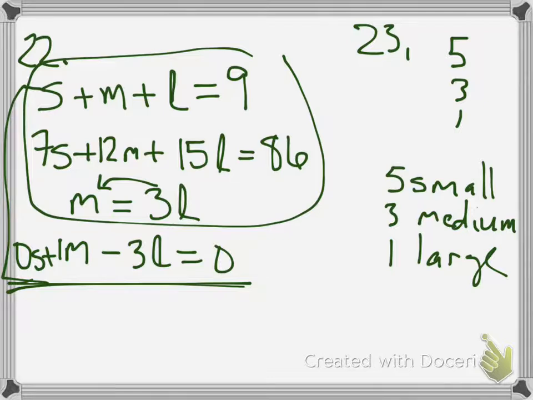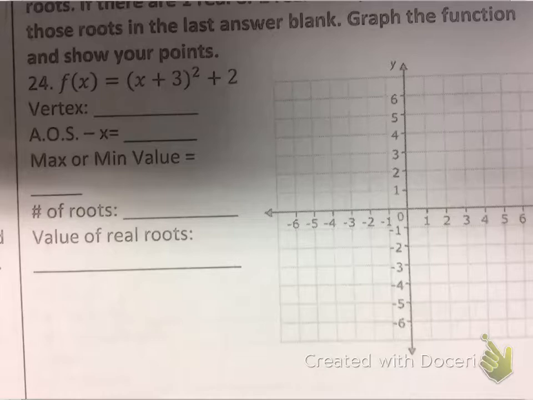Okay, 24 and 25 are kind of similar problems, but have a slightly different format. And then also keep in mind there's some ways I can show you that the calculator could help you a lot with those. All right, so on 24, you have what is known as vertex form. When you see it in the form of parentheses x plus or minus number squared plus 2, that is vertex form. And keep in mind, just like we said before,